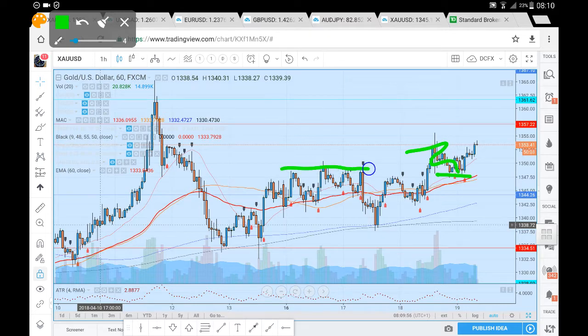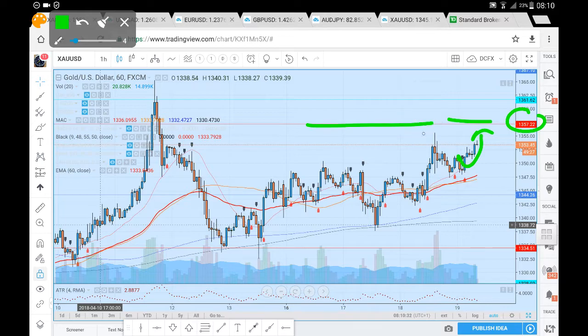Now, we've had a pullback down towards where we did have the upper end of the trading range previously, where we did find that resistance. We do appear to have held that in around 13.47.50, 13.48. We do appear to have held that as support, so we do seem poised for further upside momentum. Taking into account the fact that we do have our lows, a higher low still, potentially another higher low here in around 13.47.48, and we've used that as a springboard, an area which was previously a resistance. We're using it as potential support, and we do seem poised for a test of that